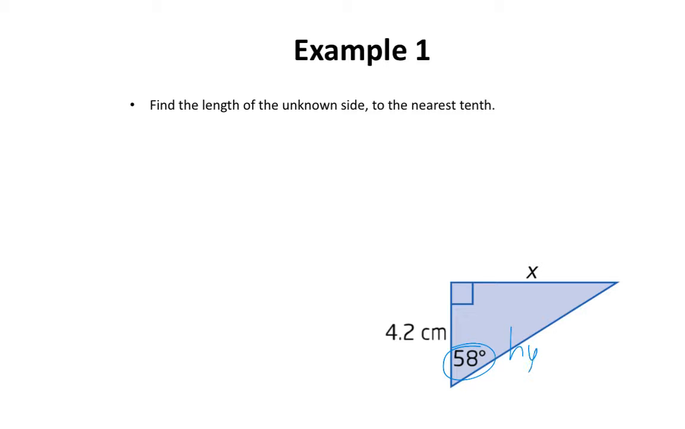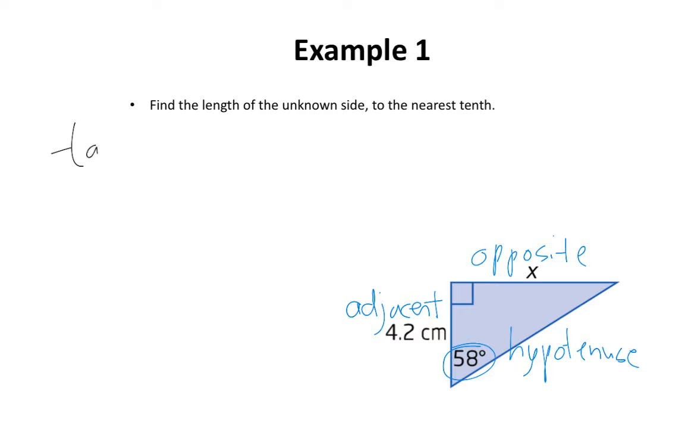We know that this side is called the hypotenuse since it is opposite to the 90-degree angle. The side labeled 4.2 is the adjacent side since it is adjacent to the angle of 58 degrees. And the side labeled x is the opposite side since it is opposite to the angle of 58 degrees. To figure out the length of x, we need to use the tangent ratio, which is tan theta is equal to opposite over